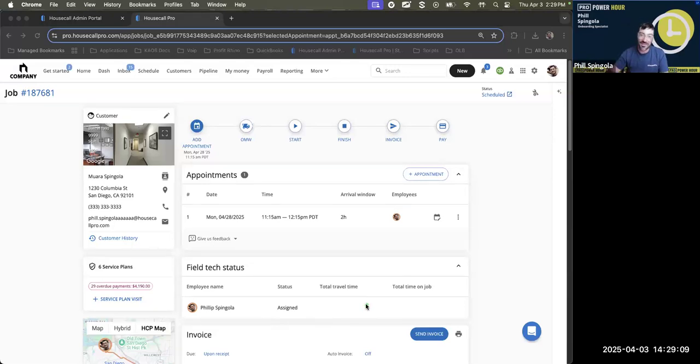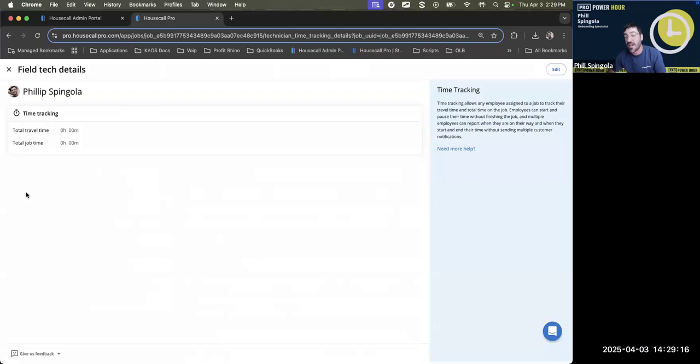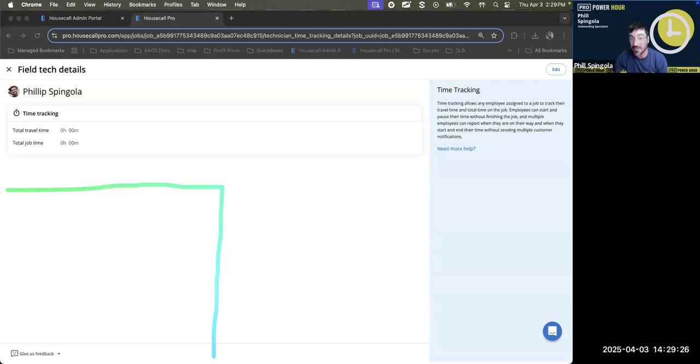However, the reason I was kind of like yes and no is because technically you can click into this field tech status. And when field techs hit On my way, start, pause, and stop, and they're leaving notes for all of those reasons, they all populate here and they're all time stamped. So technically, you could figure out how much time was spent on each day. It's just that the system doesn't do it automatically at this time. Again, this feedback has been provided to the people that need to know about it, and hopefully there are some improvements to this coming down the line.